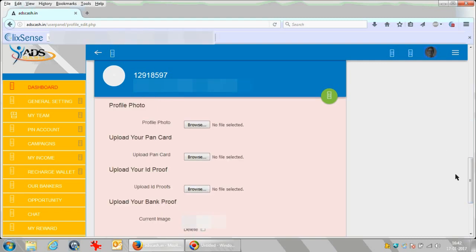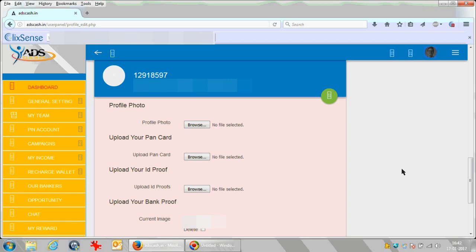Once you have updated your account details, you have to upload your profile photo. It is not actually mandatory, but the things below, your PAN card, your ID proof, and your bank proof, should all be uploaded.